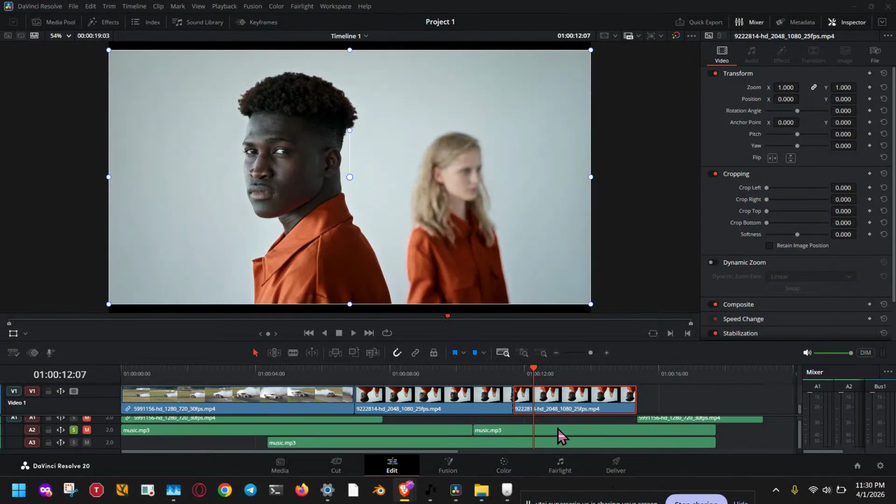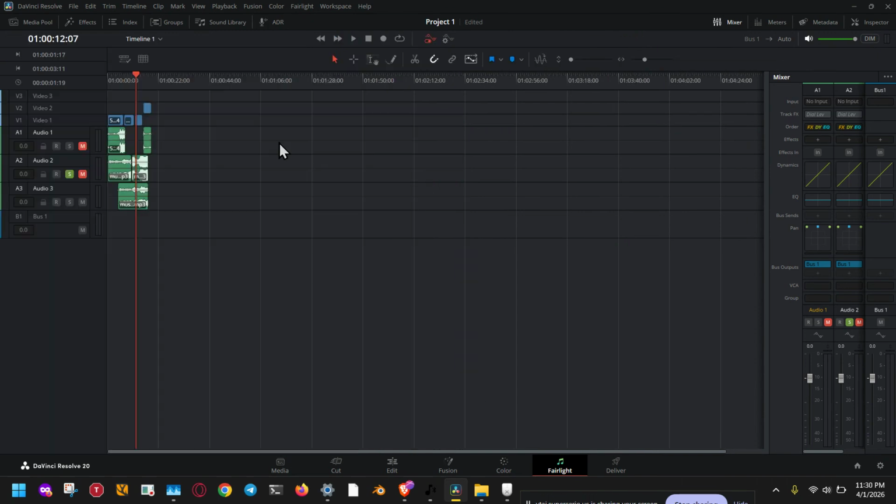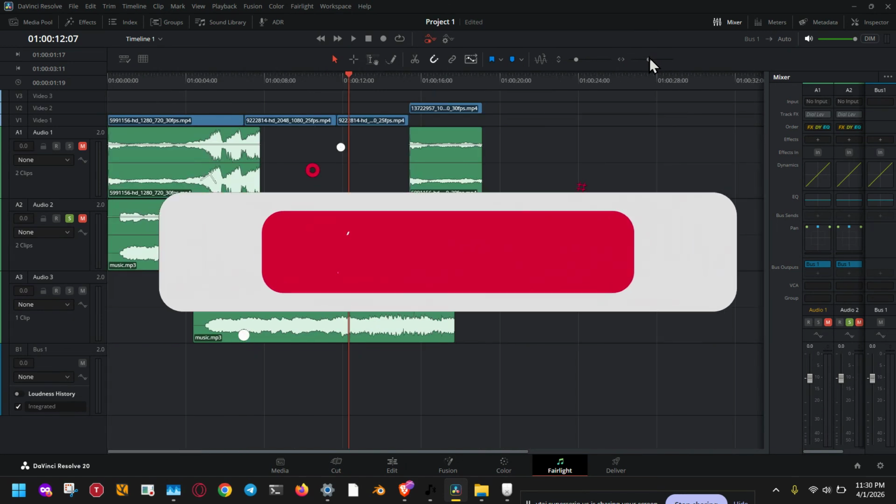If you want to focus on just one audio layer in your edit, DaVinci Resolve 20 makes that easy with the Solo button. In this video, I'll show you how to solo a single track in DaVinci Resolve 20, and I'll also show you how to solo multiple tracks when you need to compare dialogue, music, or sound effects. This is a super useful trick when your timeline starts getting crowded and you want to isolate specific audio without